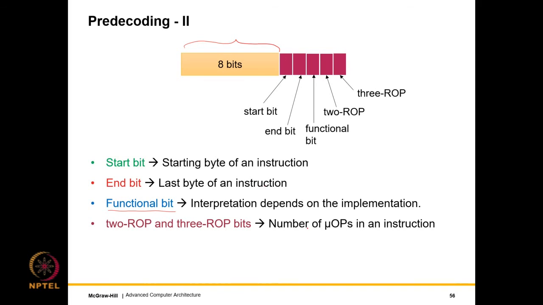All right. But of course, in any processor, this format would change, particularly the last 3 bits. We might want to use these bits for other purposes. So this is very implementation dependent. But at least the first 2 bits clearly help us identify a boundary. So if we have start bits, technically speaking, an end bit is not required. However, it does make processing faster, and at the hardware level, every cycle saved is significant.